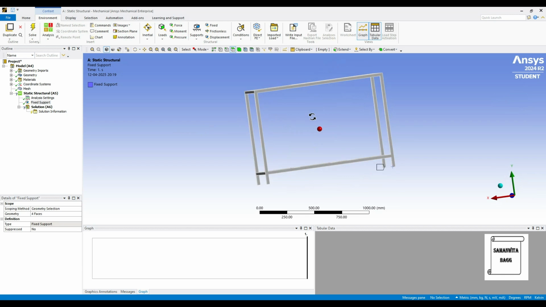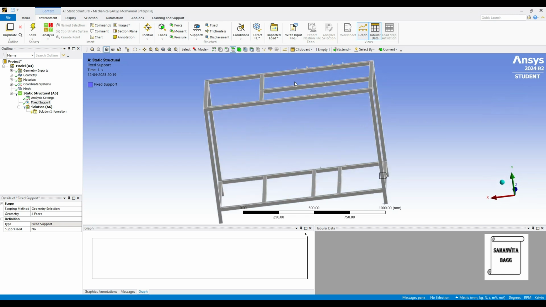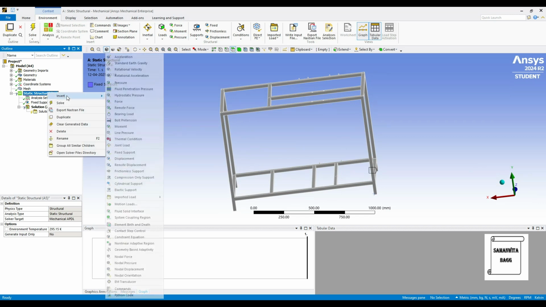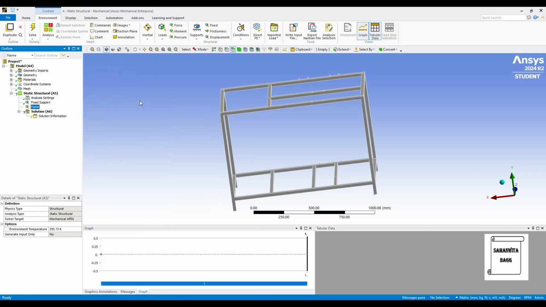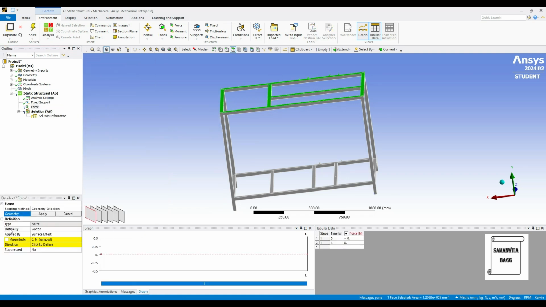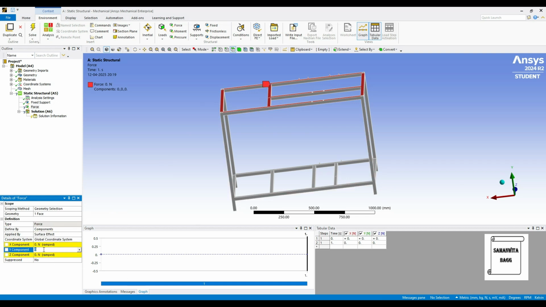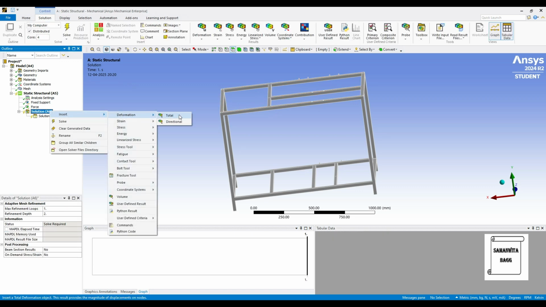And on this end, this is how the frame looks like from the front. So on this end, the maximum load which can be inserted is based on your project itself. So the data which I have for this, which was given to me, is 50 kgs. So I'll apply on this one and I'll change vector to component. Along the y-axis, I'll give 50 kg. Kg to Newton is multiplied with 10 roughly. So it becomes 500 and the direction is downward. Hence I'll add a minus sign. So minus 500 Newton.